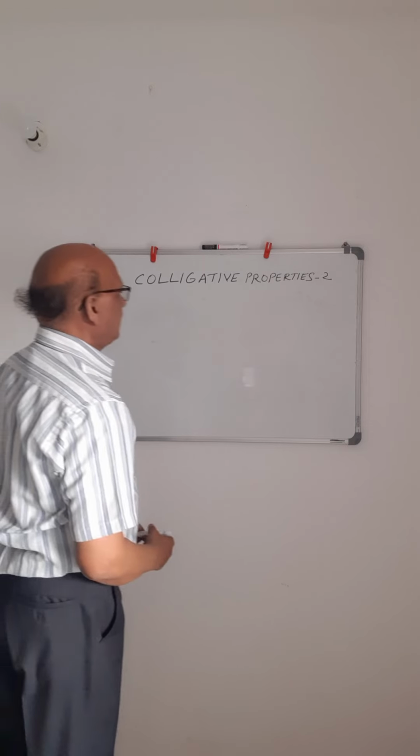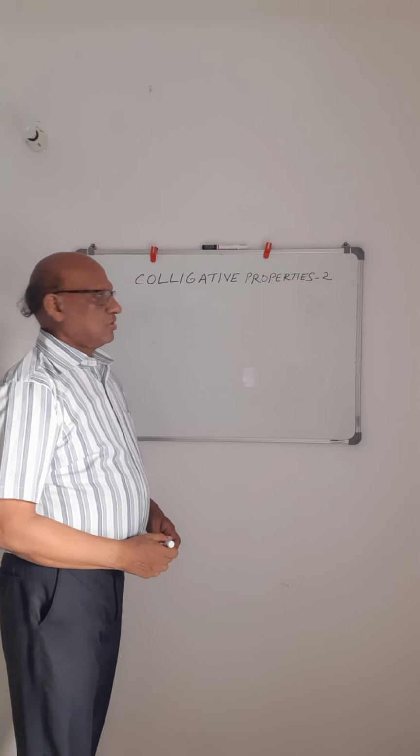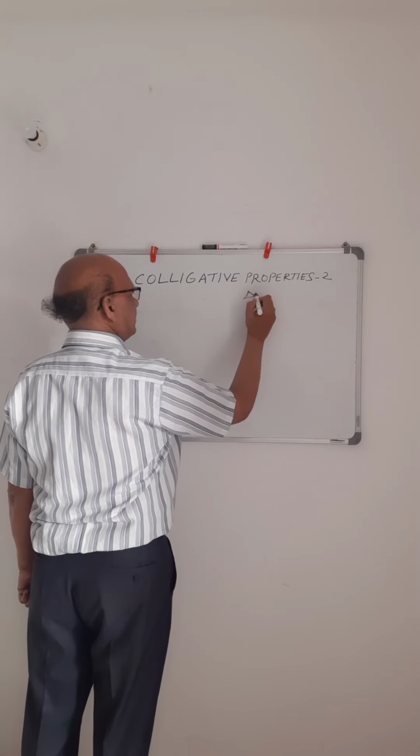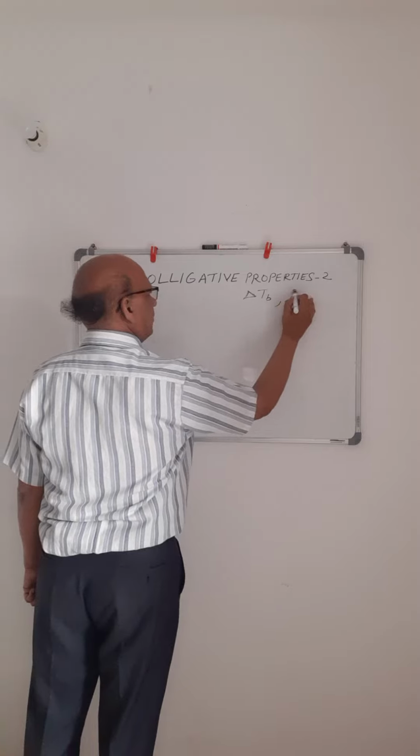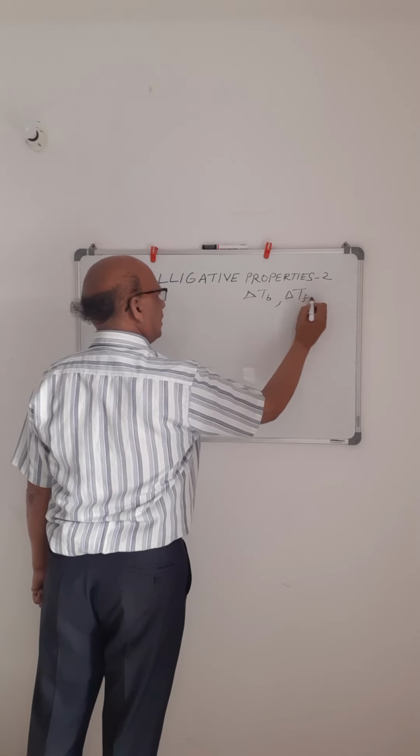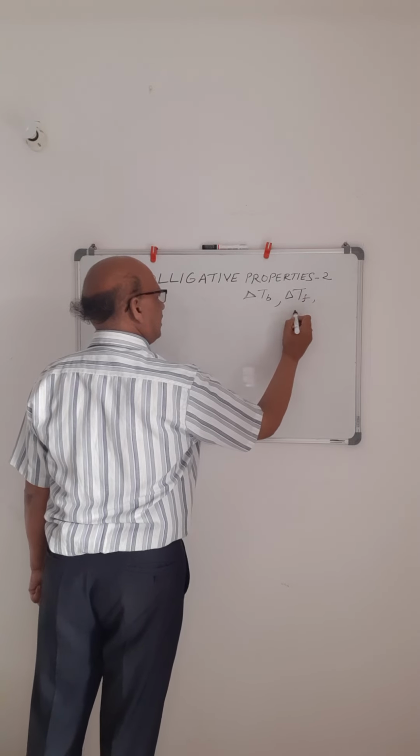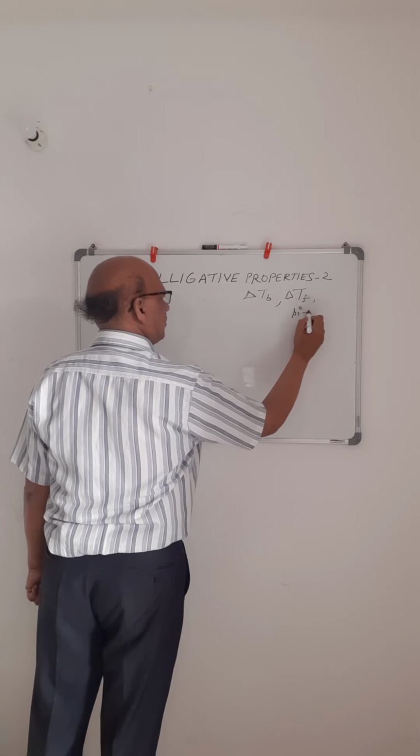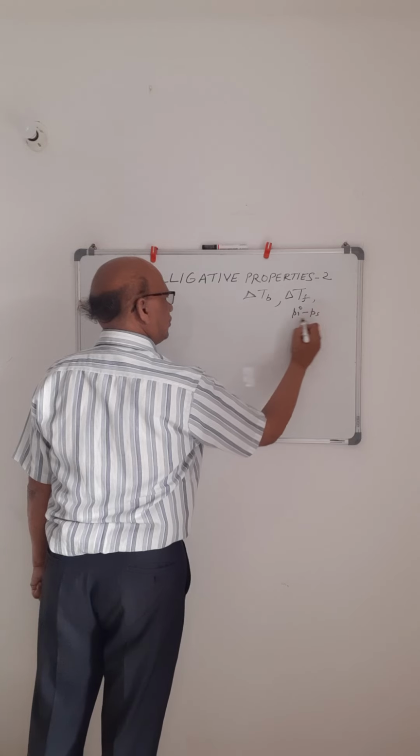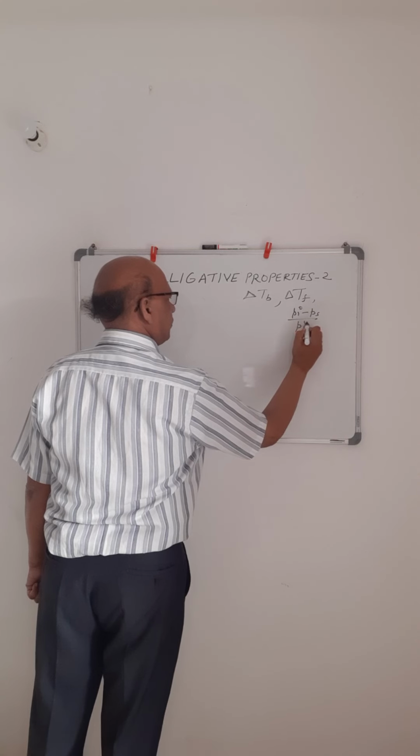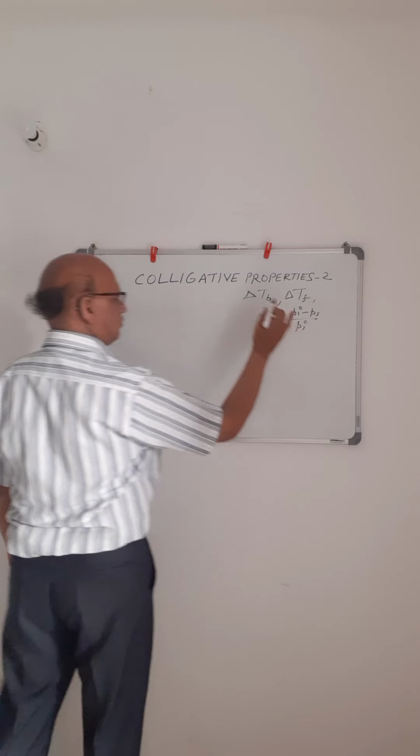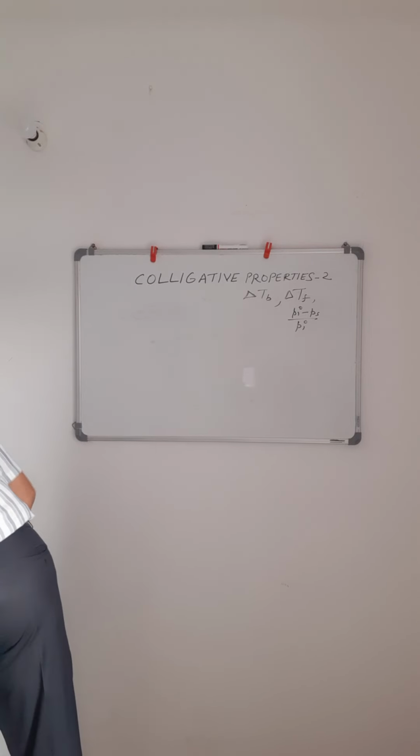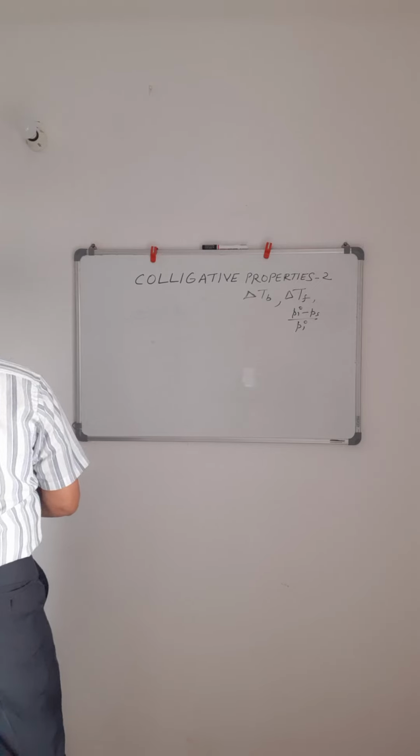Now we will take a few examples, numerical problems based on elevation in boiling point, depression in freezing point, and the relative lowering of vapor pressure, that is nothing but P1 naught minus P solution divided by P1 naught. Okay, so based on this we will take a few examples. The first example is,